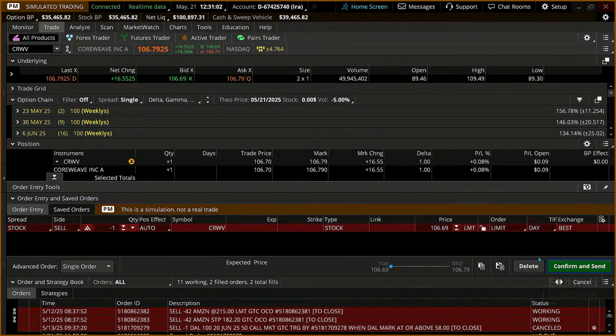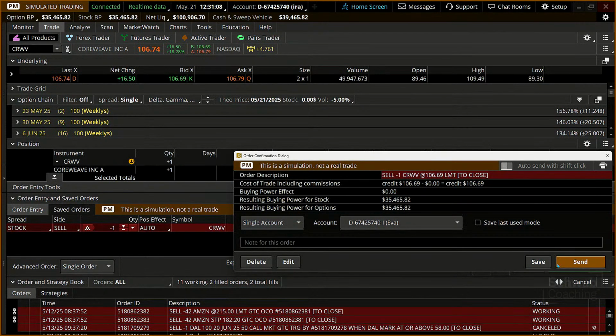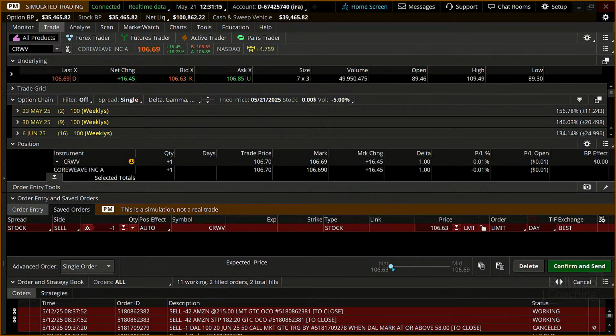And now what you're going to notice is we're going to confirm and send. Now, if I confirm and send for just a moment, you're now going to see that there's the share of stock, there's the price. And by the way, we don't necessarily have to do 106.69. You might say, James, I want to get 106.85 or try to. So when you're a seller, you're saying, look, the floor of what I'm willing to accept is 106.85. That's the limit or the low of what I'm willing to accept.